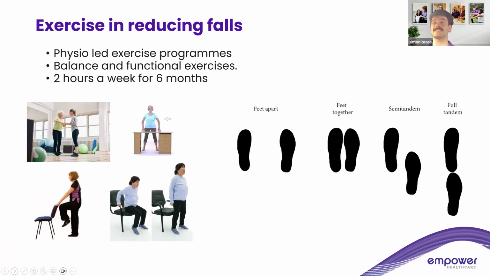Researchers found that exercise can play a really crucial role in falls prevention. Studies show that even older adults can improve their strength and balance to achieve stability and avoid falls. In order to reduce falls, we need to be doing balance exercises. So this is where a physio like myself can come in, and this can be particularly helpful as in order